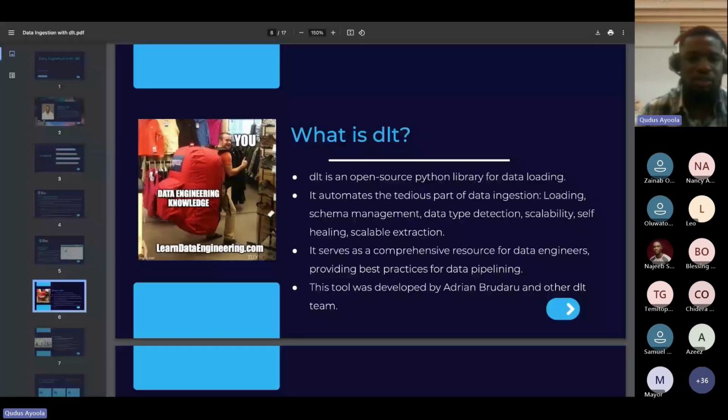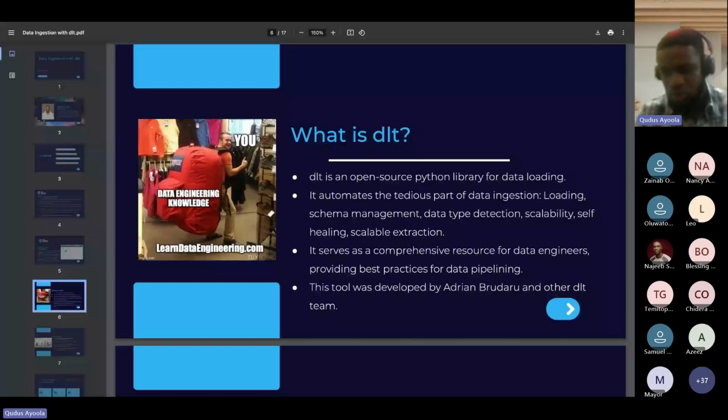DLT doesn't do any of those. You are not trying to transform with it, you are not trying to orchestrate your pipeline with it, and you are not trying to report with it. What you typically do with DLT is ingest data. You are pulling your data from source and ingesting it with DLT.